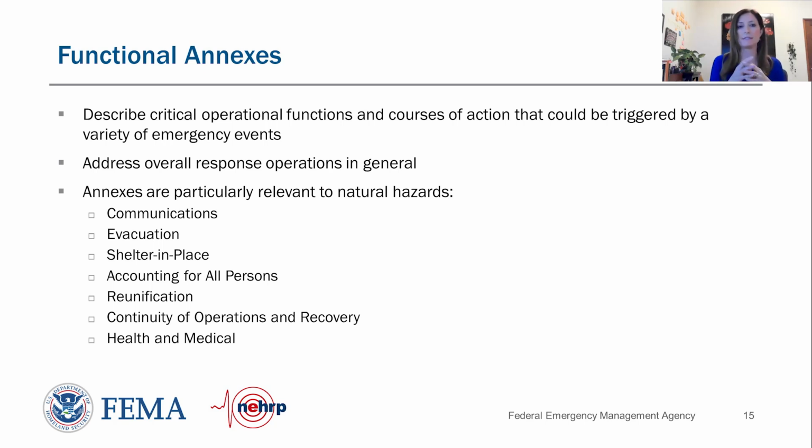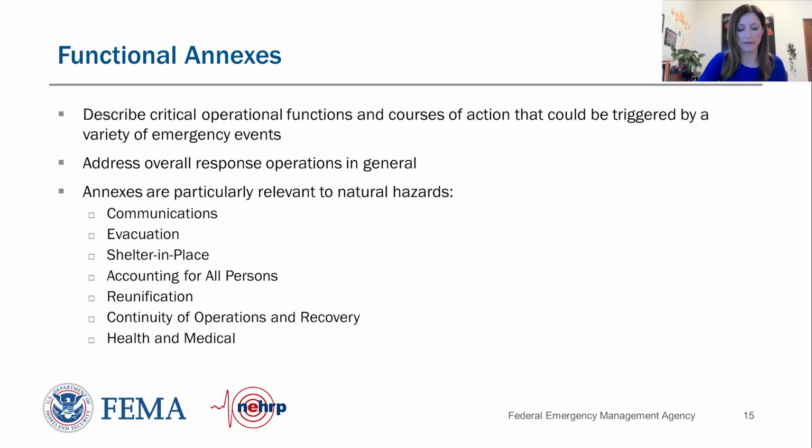What happens if there's a disaster or an approaching hazard that requires school children and staff to shelter in place? What is the plan? What about accounting for all persons? So again, I mentioned the case earlier where a disaster happened sort of right at the beginning of the school day, and with staggered school start times, not everybody was in the building when the earthquake that I referenced happened. And so how will people be accounted for? Is it through physical check-ins? Is it through text messages? Is it through phone calls, and so forth? Another